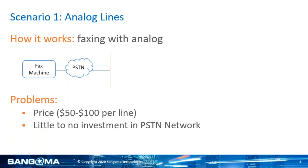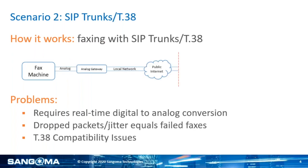Problem with analog lines, they work 100%, but they can get very, very expensive, especially now. When you go from having 8 phone lines to down to 1 or 2, they know you're keeping those 1 or 2 specifically for fax machines and or credit cards or security, and they want to get rid of all of that legacy equipment, the stuff that's been around for 100 years. And they keep telling the government, look, we're getting less and less customers. And so when you don't fully go away from them, that leaves a customer in a line showing the government like, hey, you need to keep this infrastructure in place. So they're not investing in the infrastructure, and they want to do everything they can to get you off of it. So then some people go, well, you know what, I'm just going to do faxing with SIP trunks,